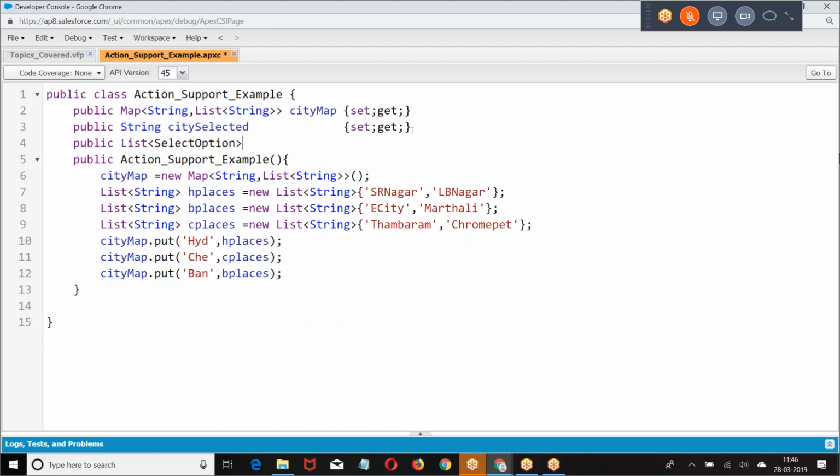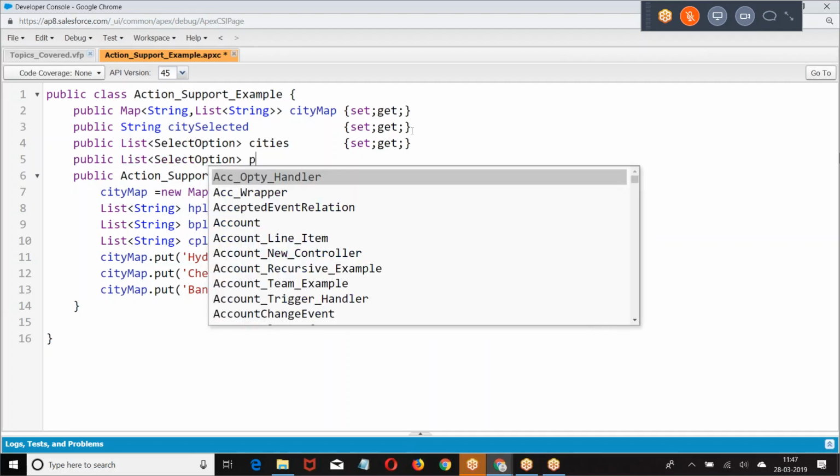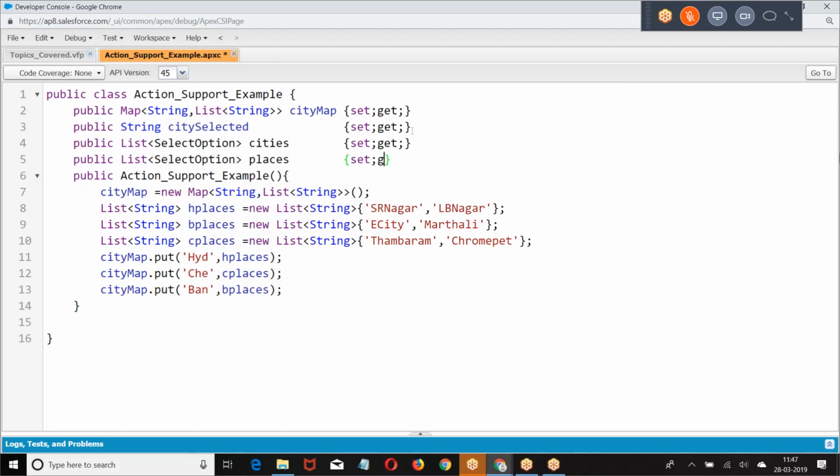Here, what I was doing, I was creating a quick list of pick list options. Select option. Add public. Now we are trying to do it. City is equal to.